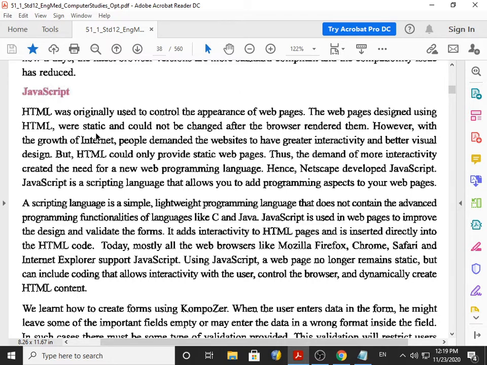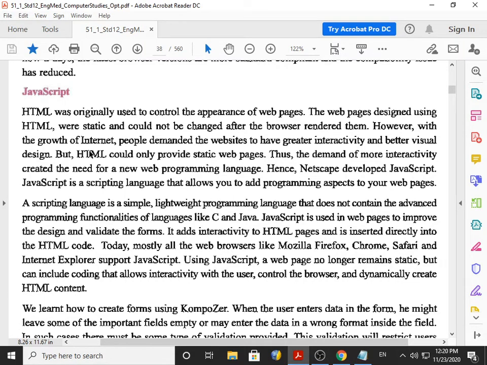Static means stable. Stable means after you open the page, you can't do anything. And it could not be changed after the browser renders them. For example, you want to calculate the bill of the product purchased by a customer, then that is not possible by HTML, because HTML can't do anything after the page opens.